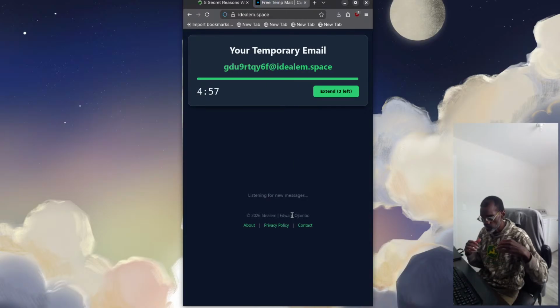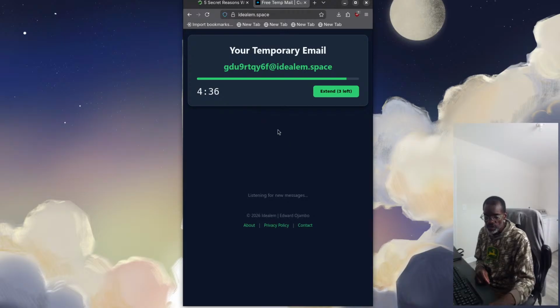Everything is stored in memory, meaning there's nothing stored on the server. So it's not like there's a log and they can say, oh, the email from last week. No, it's literally just there. It arrives, it automatically sends here, and everything runs in memory. If you guys want, I can also show you how I actually set it up. It's very simple. It's not a full mail server. It literally just outputs whatever is sent automatically here.